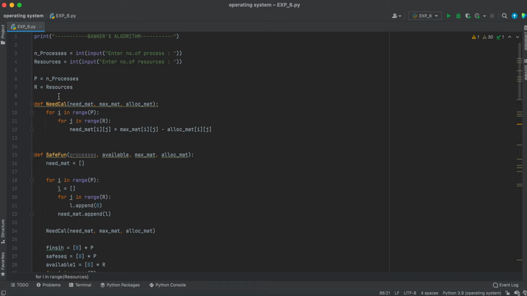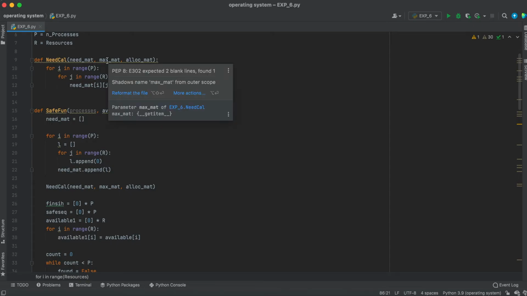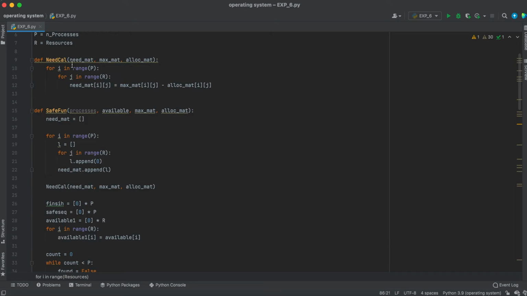Now we are creating a function. Define a function called need_cal, with need mat, max, and allocation mat. For i in range of P, for j in range of R. P is nothing but the number of processes, and R is the number of resources.